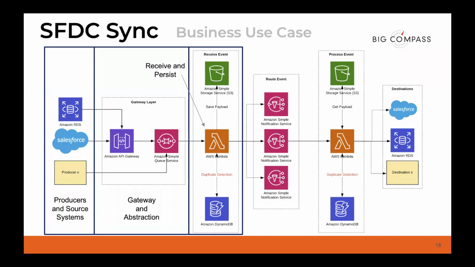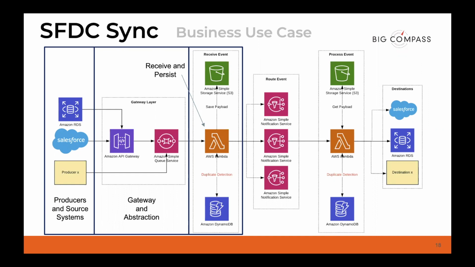And the third layer that we have here, we're calling it receive and persist, because one of the main things that we do here is we receive that event. We create a unique transaction ID. Speaking about best practices in serverless integrations, you want to create a transaction ID to be able to track your event all the way through the system. And we persist that event out to AWS S3. So we have that resilient, durable storage solution in S3. It'll always be saved there if we need to reference or replay this particular message.